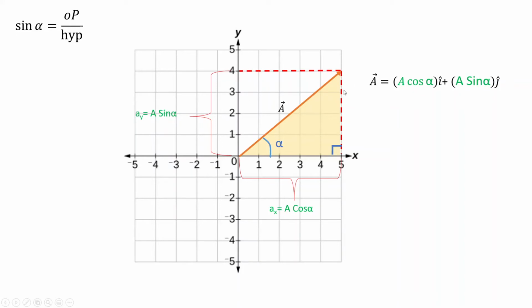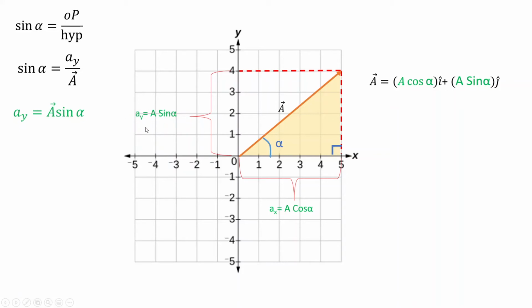Opposite side over hypotenuse. Hypotenuse is the largest side of a right triangle. So vector A: opposite over hypotenuse. So sine alpha equals AY over A, the values of hypotenuse A and opposite side AY. When I isolate and solve this equation by multiplying both sides by vector A, I will get AY equals A sine alpha, which is why I'm writing the opposite side, or the y component of this vector, is